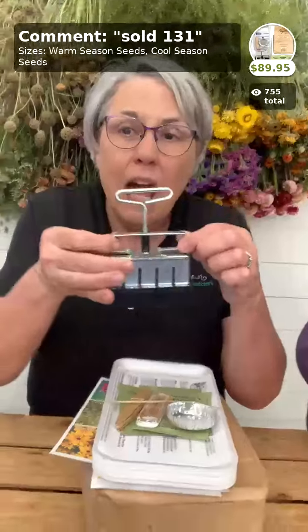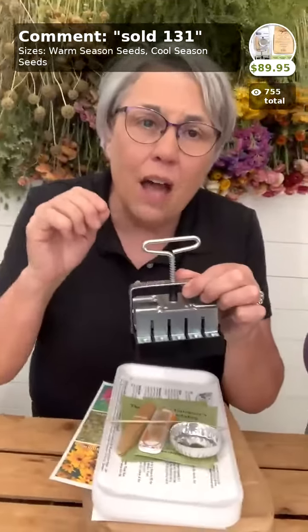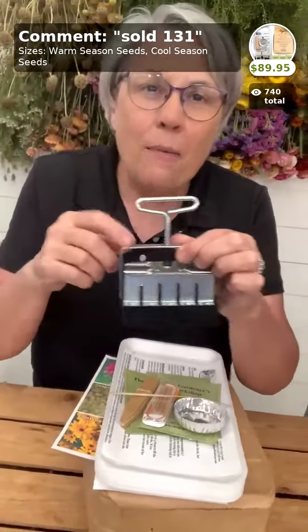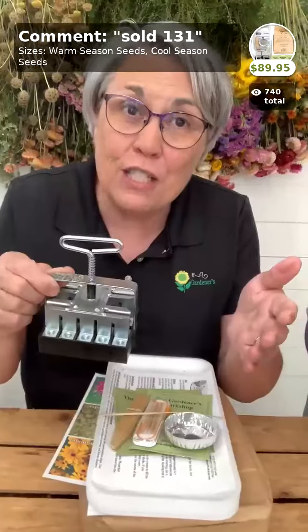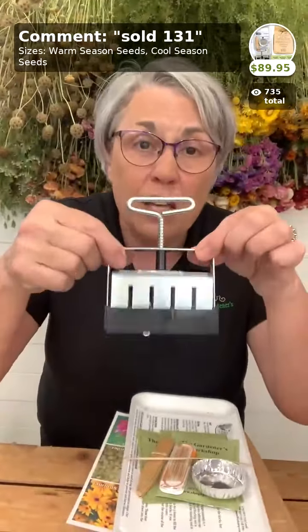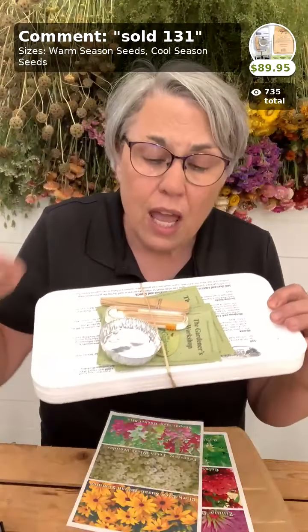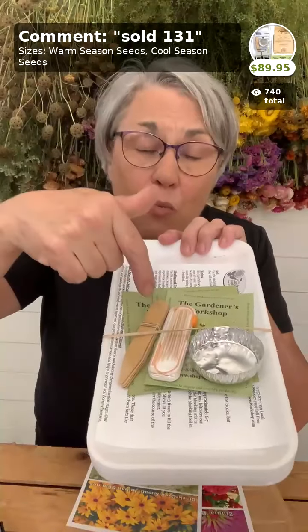And in the kit, you can check out the product in the app here. You can check out the demonstration videos. There are demos on how to actually do this. So this includes the small blocker. It includes 5 of the trays that hold 3 clusters of 20. The small blocker makes 20 of the 3/4 inch. It comes with the seed pan, the toothpicks, and the toothpick dispenser, as well as the little wooden plant ID tabs,